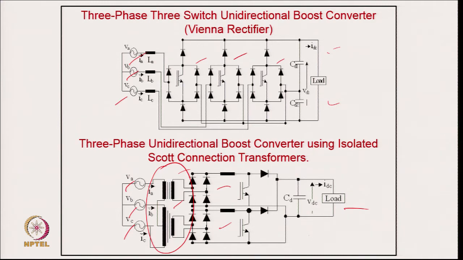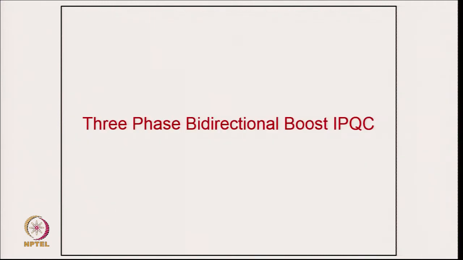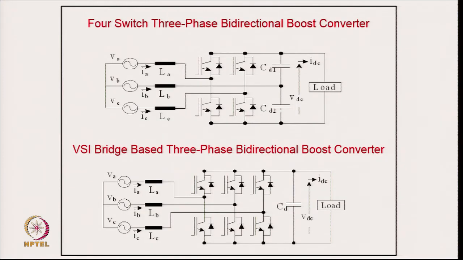So, it depends on your application requirement if you are using this. Now, coming to the 3-phase bidirectional boost improved power quality converter. This is a 3-phase bidirectional boost converter, where one leg is replaced by a midpoint capacitor. Because the whole current of this phase moves through this capacitor, the value of the capacitor is